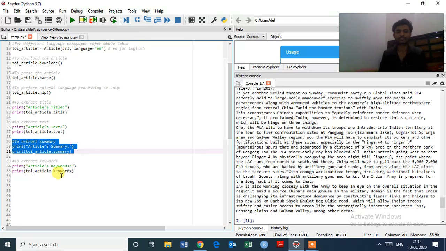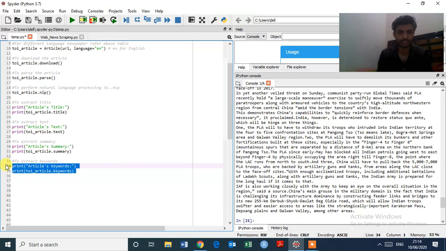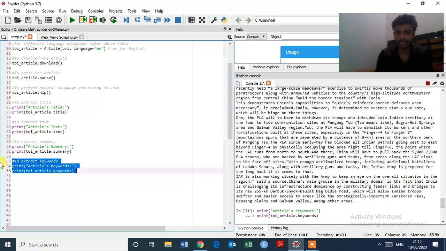And suppose we want to extract the keywords. What are the keywords? So just type TOI_article.keywords and enter.